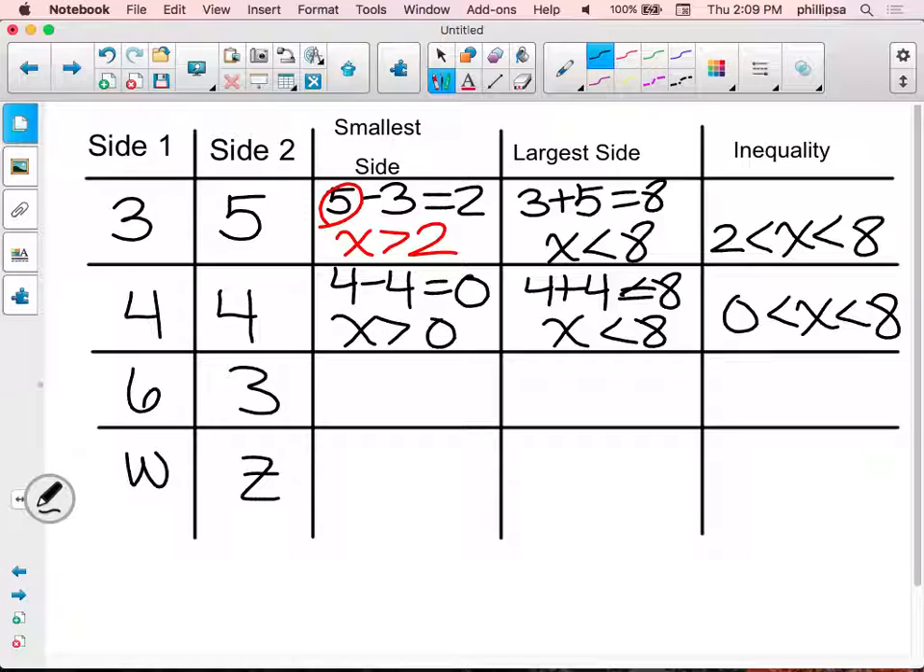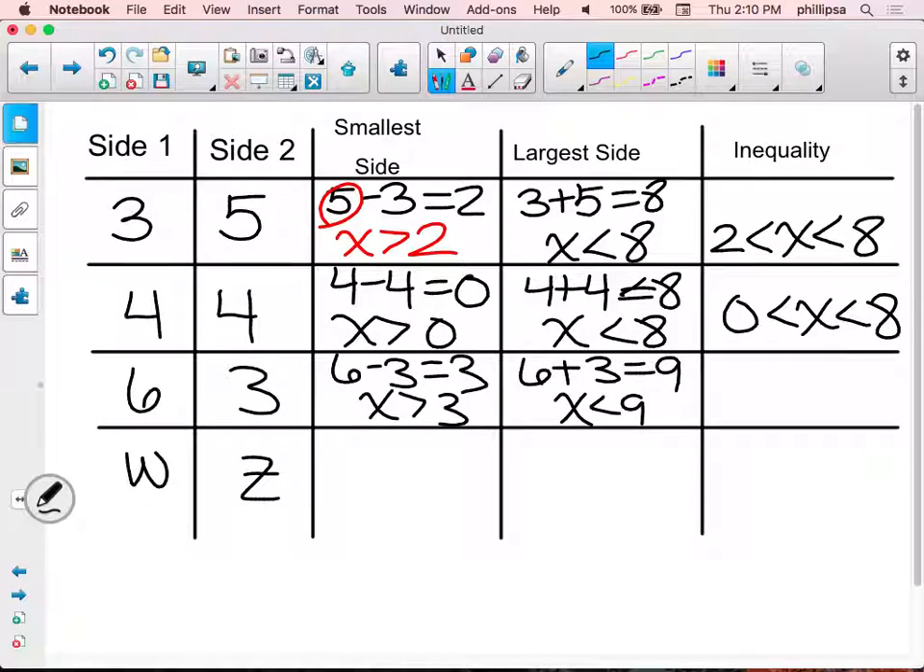All right, who wants to help me? The possible smallest side has to be greater than 3. The possible largest side has to be, you got it. As a compound inequality, I can write 3 is less than x, which is less than